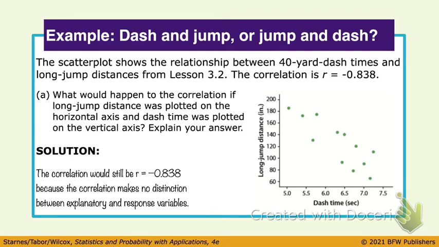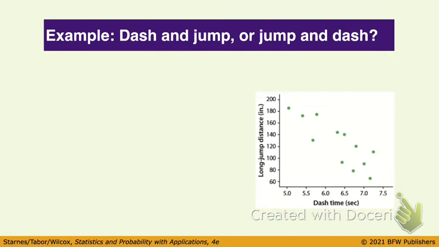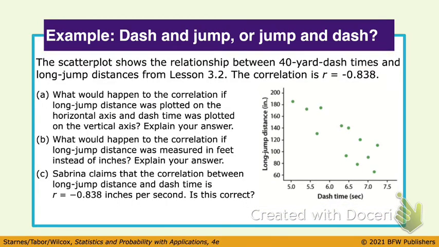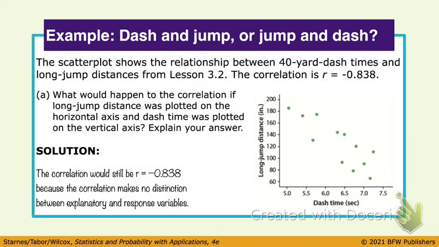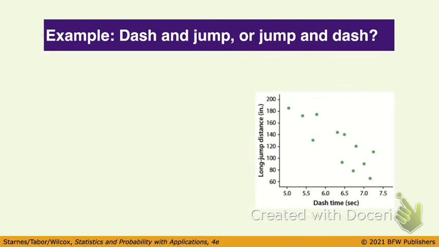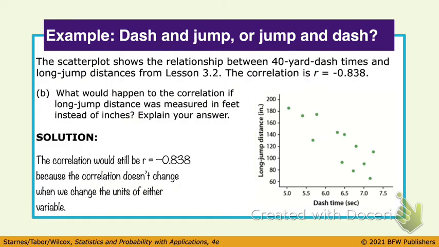Okay? All right, the next question says, what would happen to the correlation if long jump distance was measured in feet instead of inches? So what if we change the inches to feet? What's going to happen to the correlation? It's going to stay the same. Correlation is a standardized value and unit changes do not affect it. All right, so it would stay the same